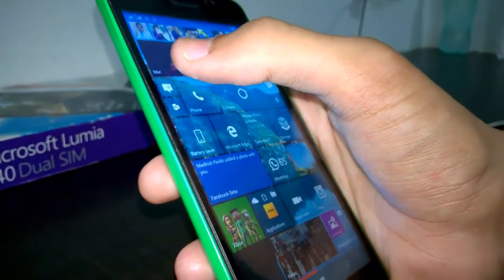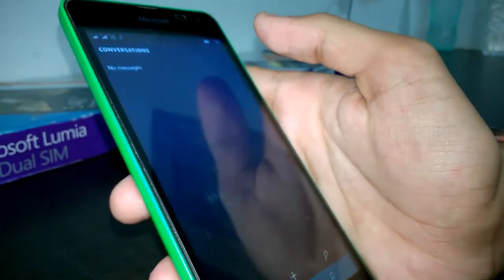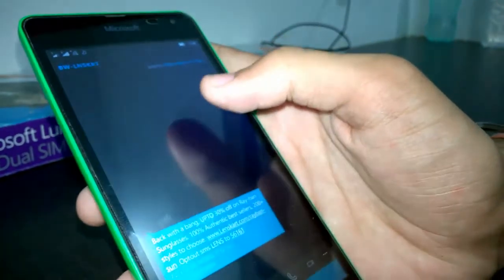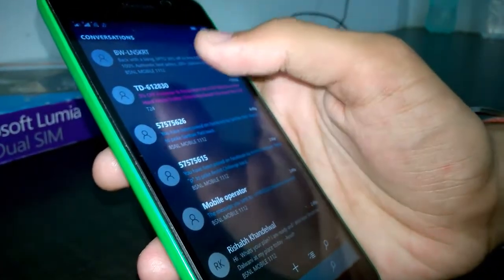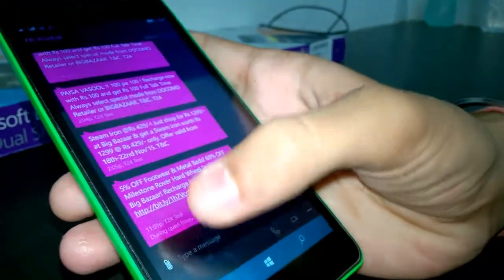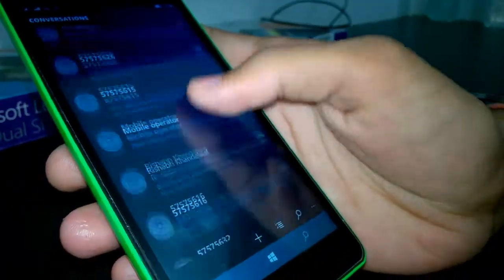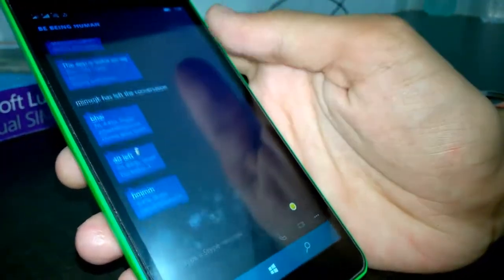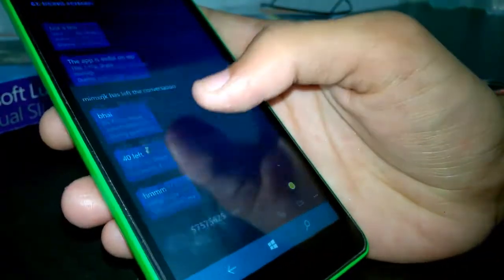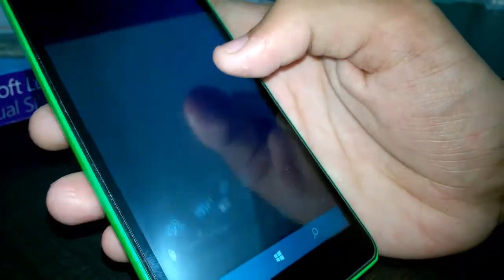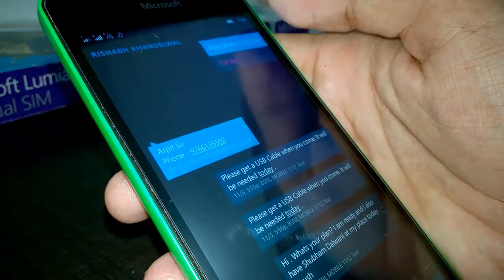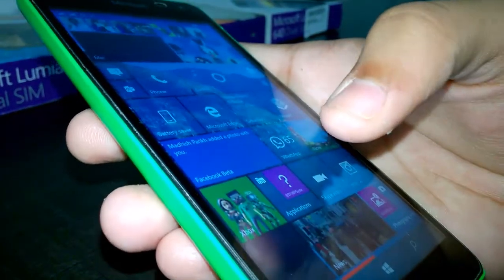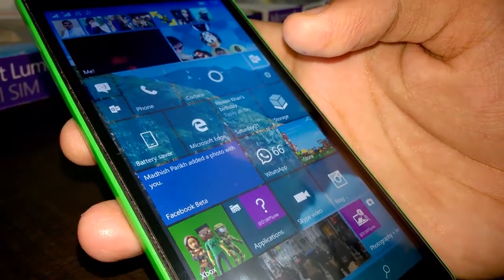This build also contains a new messaging app that integrates the messages from both of my SIMs as well as my Skype conversations. So this is a text on the SIM 1. With this another magenta color, there's a message on my SIM 2, and also I have a message from a Skype conversation. So when we click it here, it shows me up the Skype messages. We can also switch between our conversations. Like I can click here to switch between my SIMs, and like this we can also switch to Skype, and I can continue my Skype conversations without leaving my chat window.